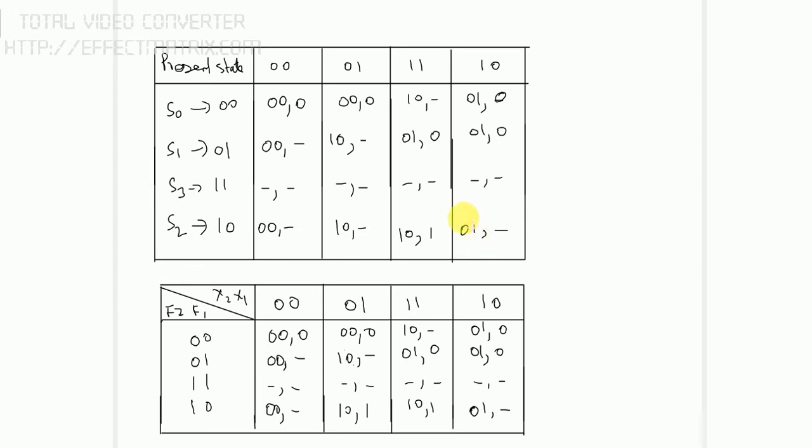So what to do? I already told that there should be only a 1-bit change, so I should not allow this 2-bit change. Either my 0 0 can be converted into 0 1 or 1 0, but if there are 2-bit changes like this, 0 0 to 1 1, it is called the race around condition. That is to be eliminated. So how to eliminate this?